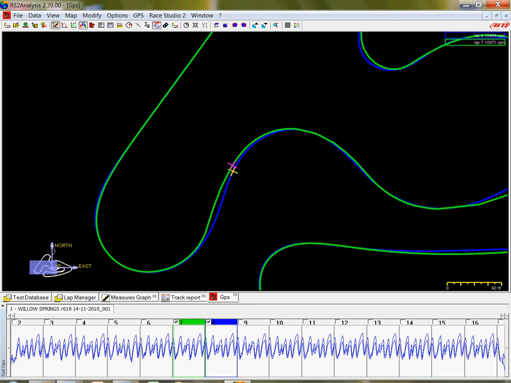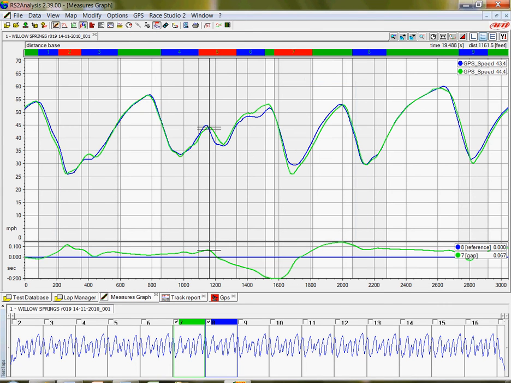So there's the entrance to that right-hander. What I'm doing is, you can see that I'm braking later. If you look at the top portion of this grid, you'll see how the green line goes further. So that tells me that I'm lifting off the gas deeper into the turn before I get off the gas, because you can see the blue line, I'm